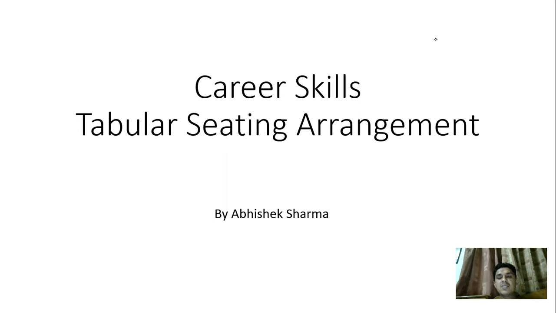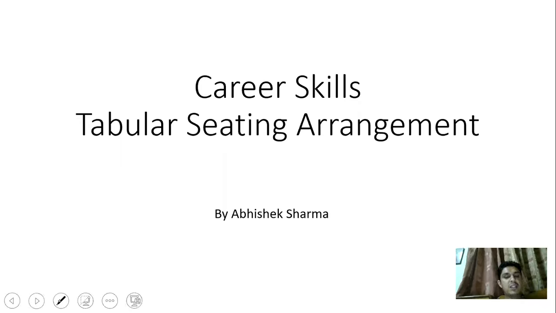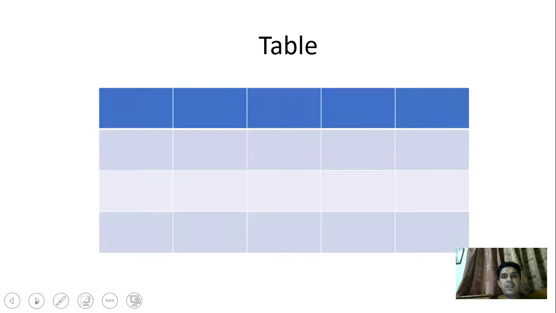So, friends, in sitting arrangement, we have already discussed three kinds of arrangement: linear, circular, and parallel. And after this, we have the last type of arrangement, that is tabular sitting arrangement. As the name implies, it deals with the table, right? And a table is always in the form of rows and columns, like you are looking here. So while solving questions of tabular sitting arrangement, there are some key points that you have to keep in your mind.